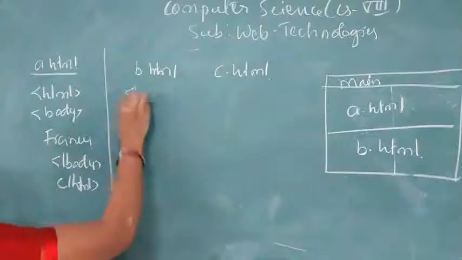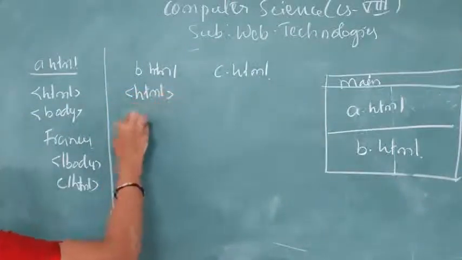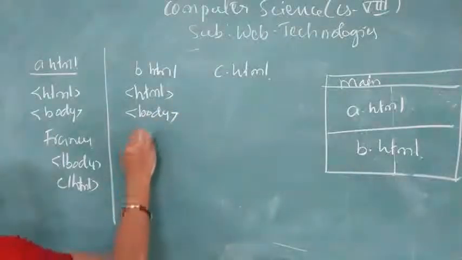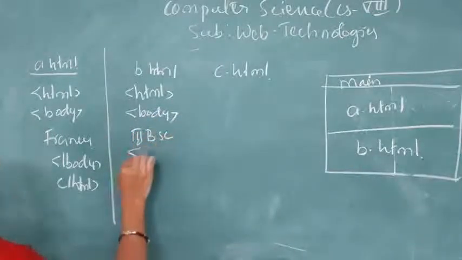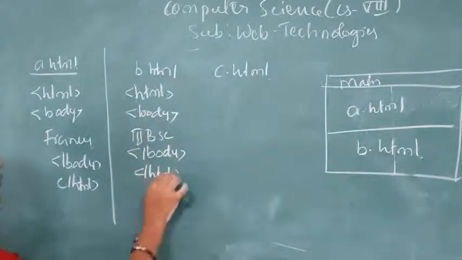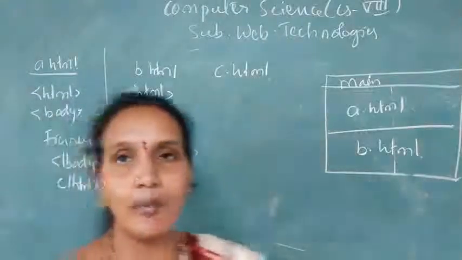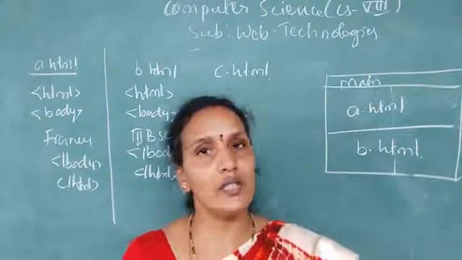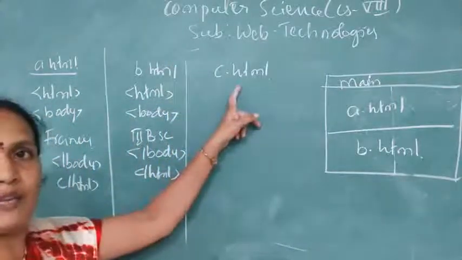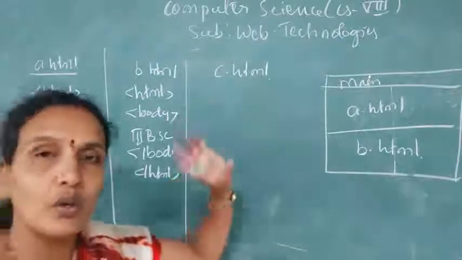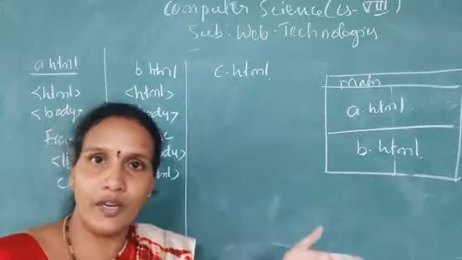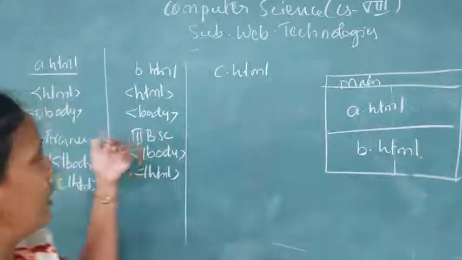In b.html, again I am writing the HTML. These are separate, individual files. Here I am writing the third one, and closing the body section and the HTML. Now, I want to combine these 2 files into a single browser window. This third file is the main file. Here we will write the code to combine these 2 files, that is, to divide the browser window into 2 frames, and in each frame we will execute these files.